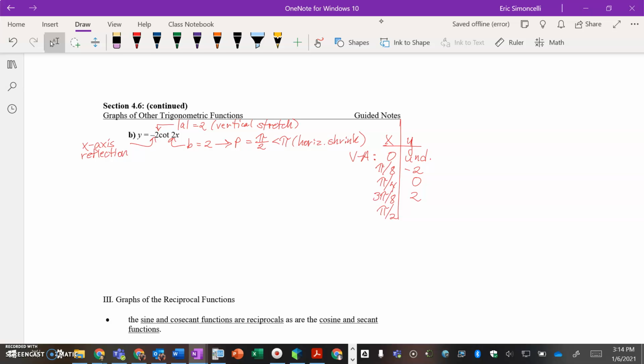Pi over 2, if you plug in pi over 2, 2 times pi over 2, that's pi. The cotangent of pi, in other words, the cosine of pi divided by the sine of pi, cosine of which is -1, sine of which is 0. Dividing by 0 is undefined. So we don't even really multiply by -2 there to see that be the case. So undefined is what we are observing, again, a vertical asymptote. So when it comes to graphing,